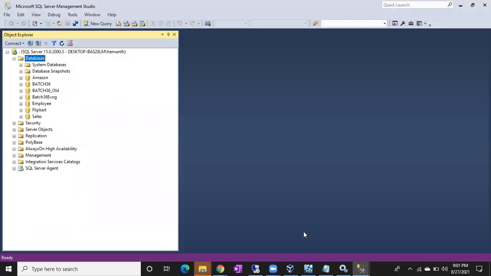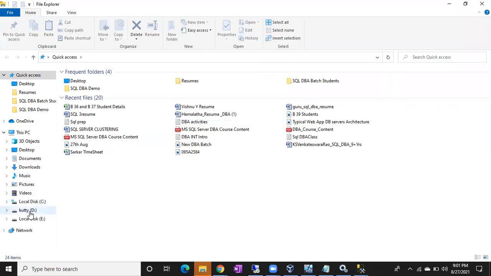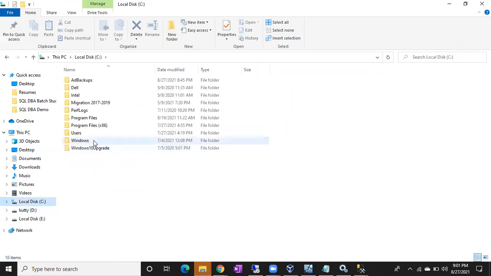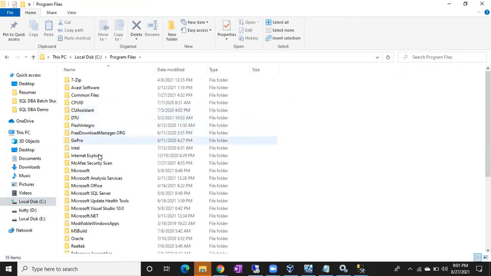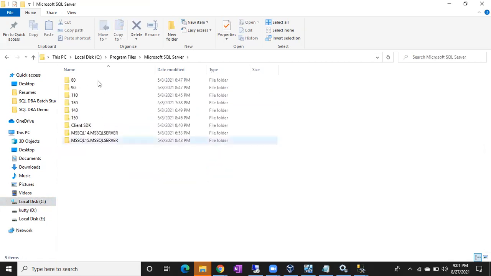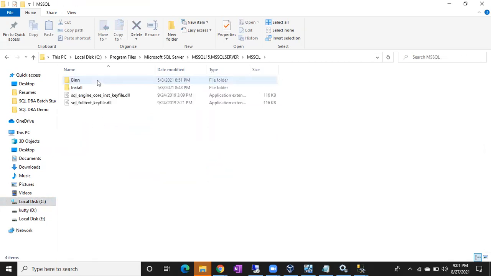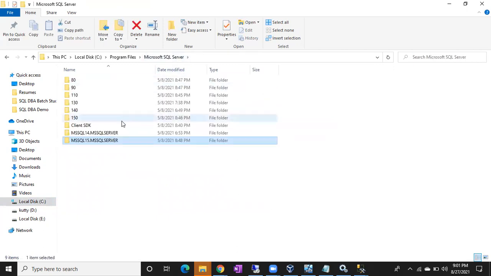Why is it showing like that? It is 2019 only, right? I guess we have upgraded. That's why we are getting this. C, Program Files, Microsoft SQL Server.